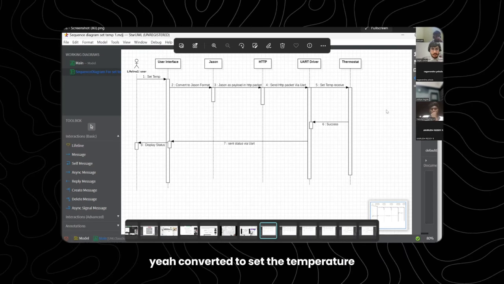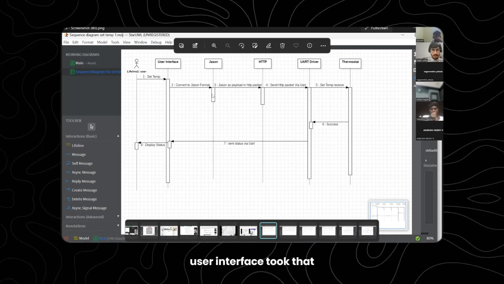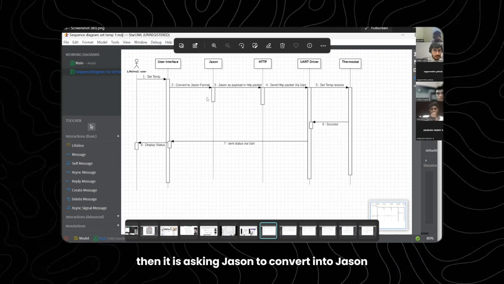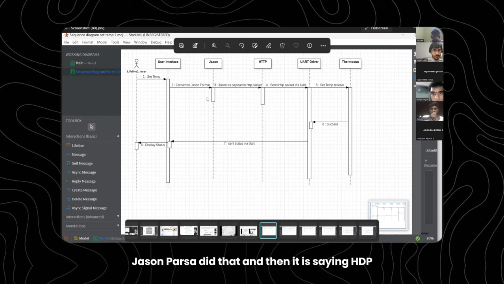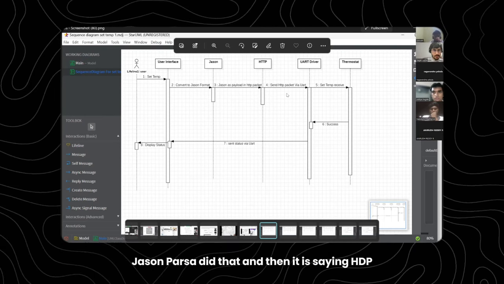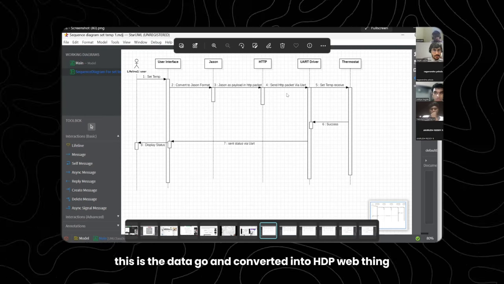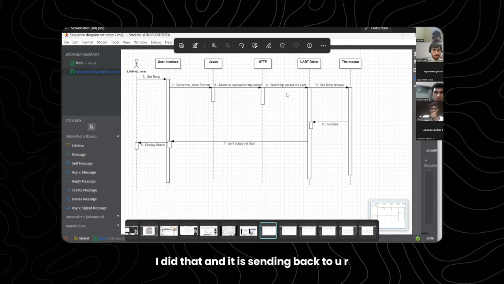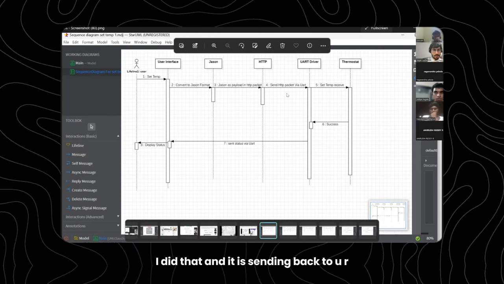Yeah, convert it, set the temperature. The user interface took that, then it is asking JSON to convert into JSON. JSON parser did that, and then it is saying HTTP, this is the data, go and convert it into HTTP. HTTP is saying, yes, I did that, and it is sending to UART.